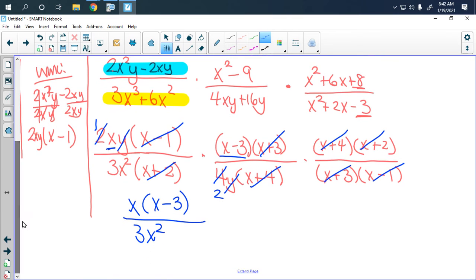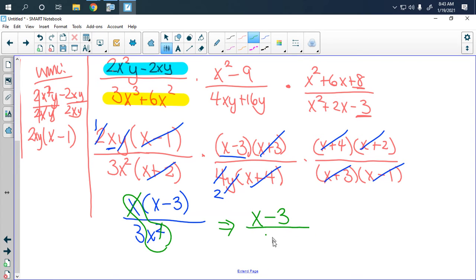So now I'd look at this and say, is there anything I can cancel here? And there is. I have an x and an x squared, and these tend to be the ones that students always forget when they cancel. So make sure you look for these. It's all multiplication next to them, so we're allowed to reduce. So this x will divide into the x in the denominator. Remember, with division, you subtract your exponents, or ask yourself, where do I have more x's? In the denominator. How many more? 1 more. Leaving us with now x minus 3 over